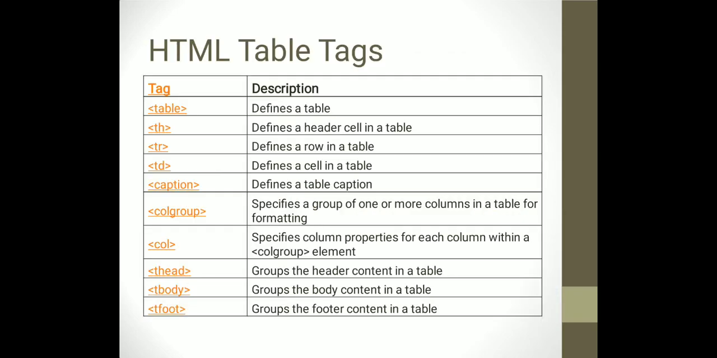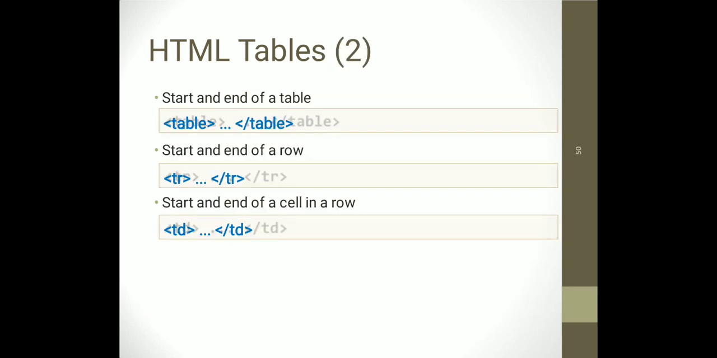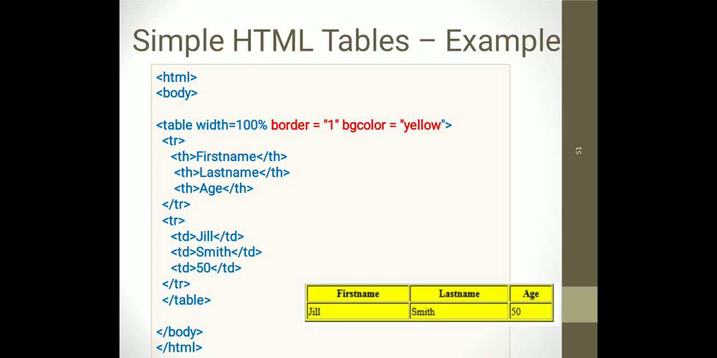Okay, then HTML table tags. We have seen that for defining a table we will use the table tag. For defining a header cell in a table, the th tag will be used. For defining a row in a table, the tr tag will be used. Okay, so again there are a variety of tags present in HTML for creating a table. Then how to use those tags, that also we have seen with the HTML example, like the table is